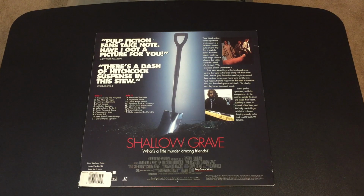Simple disc, movie only, no extras, just a single CLV 2-side transfer. It does have the Dolby Surround encoded digital track, and this being a lower budgeted film from '94, I don't think it would have had AC3 on its original release, so it should be original audio as well. And I haven't seen this in a good number of years, so it'll be fun to revisit and check out